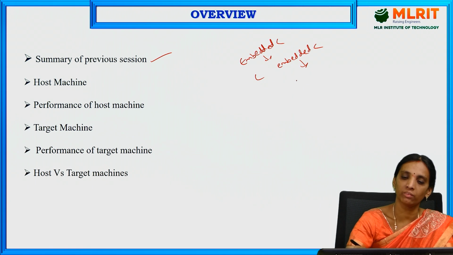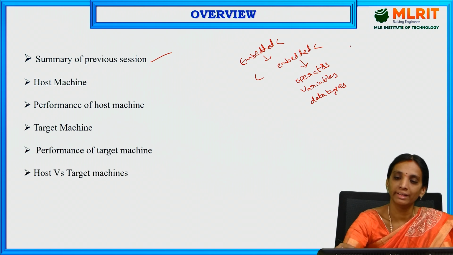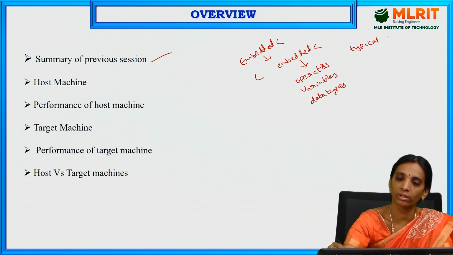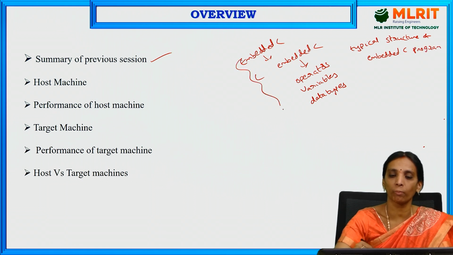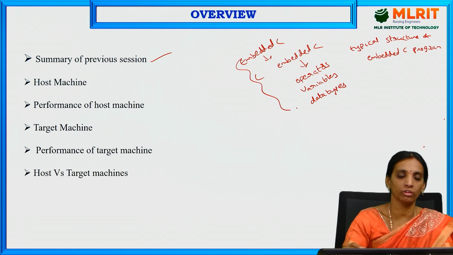In embedded C, what operators are used for writing any program, what variables are used, what data types are used, and what is the typical structure of an embedded C program. We have seen all these topics in the previous session, and in today's session we are going to discuss